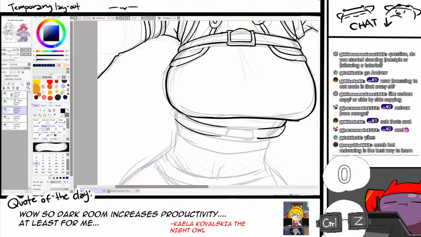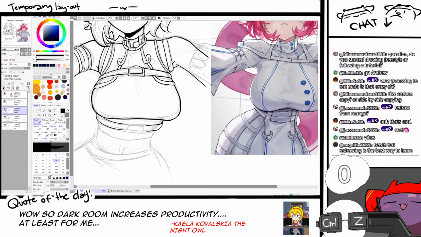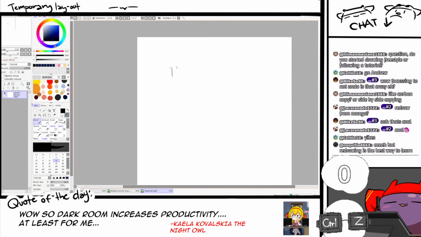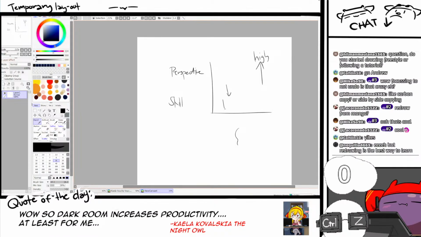That's why, in art, okay, I'm gonna explain this again. Let me put a new layer here. So in art, there are two skills. It's called perspective and also skill. Now, because I redraw a lot, my perspective is already high. So I know the curvature, the angle, and all that. But my skill level is low. So what I did before to balance this out, because it's annoying when you have high perspective and low skill,